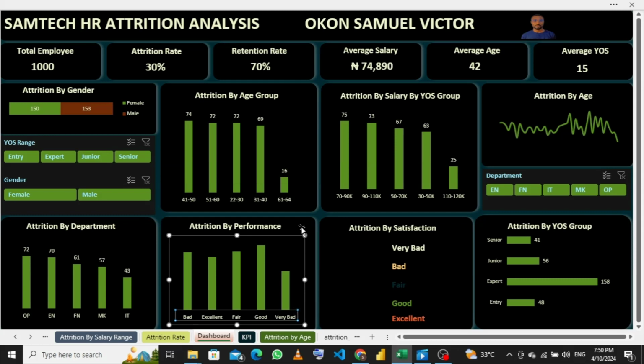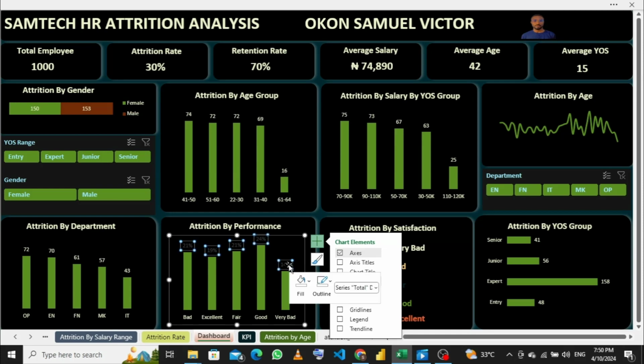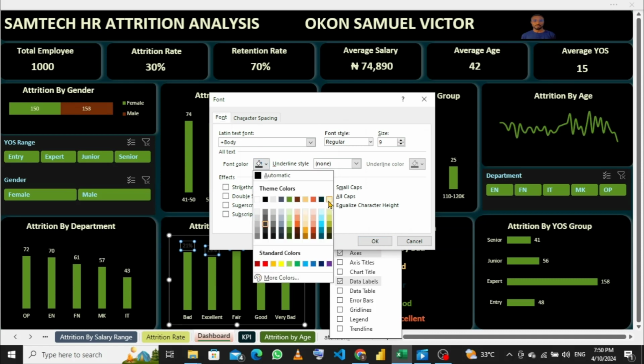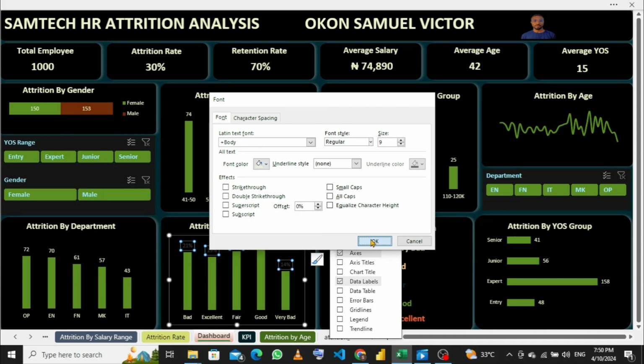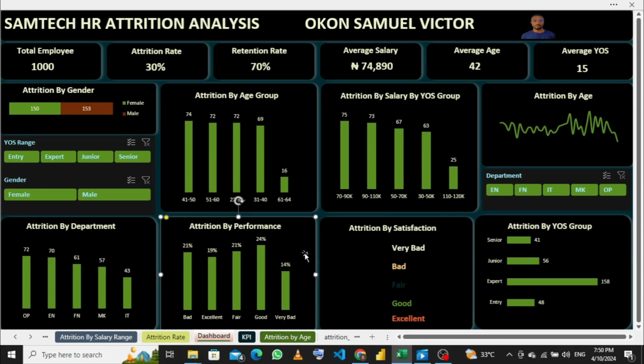Then I want my data to be showing on. That is the data label. Click on the plus sign. Right click. Save font. Click on the drop down. I choose this color. I'll click on OK. So good. So this makes more sense because it shows us what is actually going on, and in this